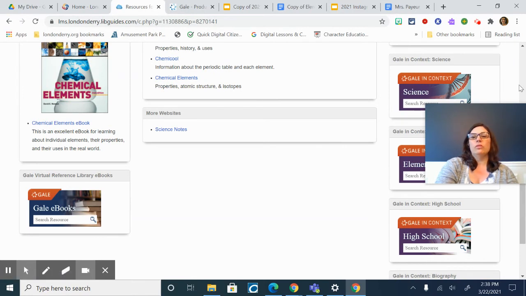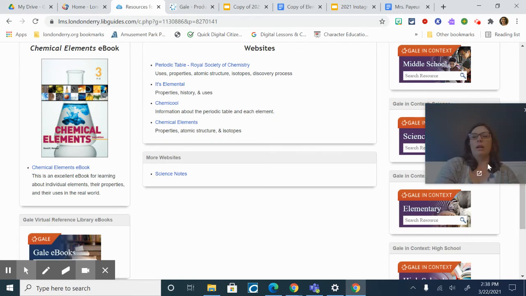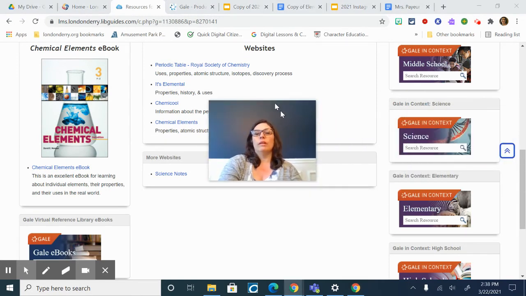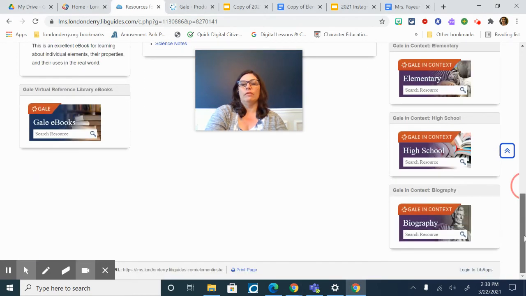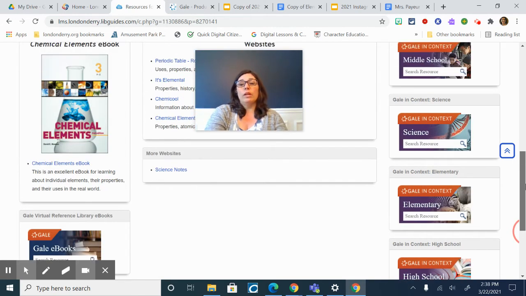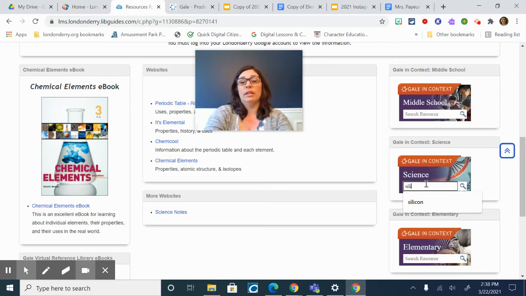databases. So over here on the right-hand side, I have put several databases that you can use. We have Gale for middle school. We have Gale Science. We have Gale for elementary school, Gale for high school. And then I put the biography one too, since you have to look up the person who discovered your element. So we're going to use the Gale Science one right now, and I'm just going to put silicon in there